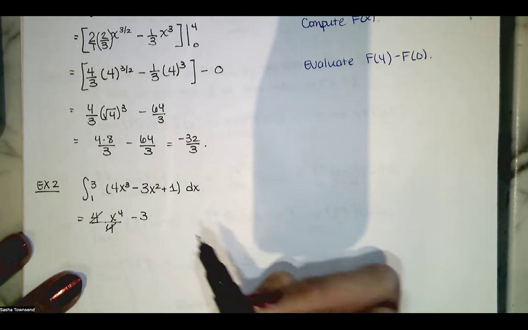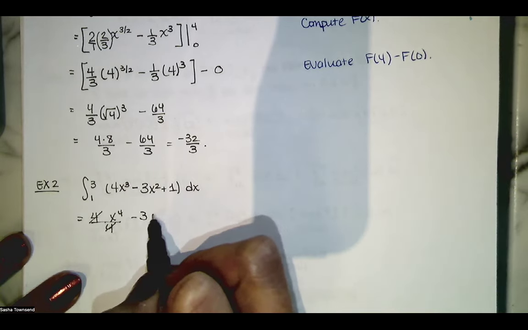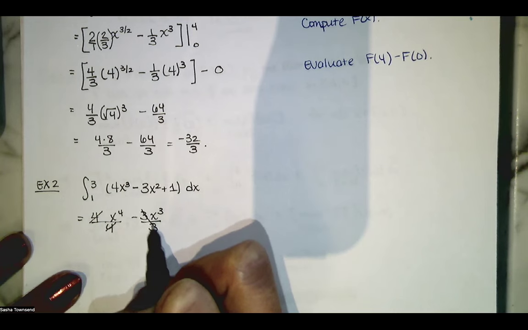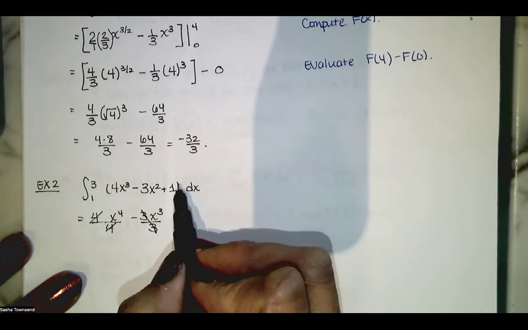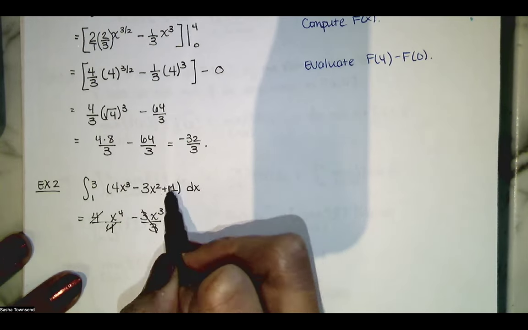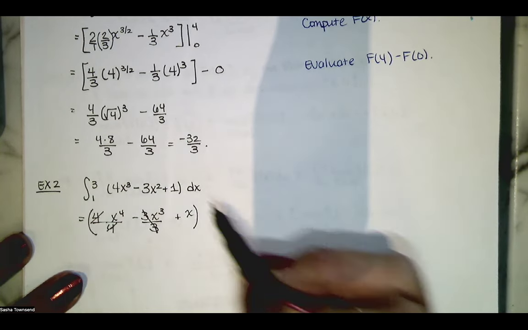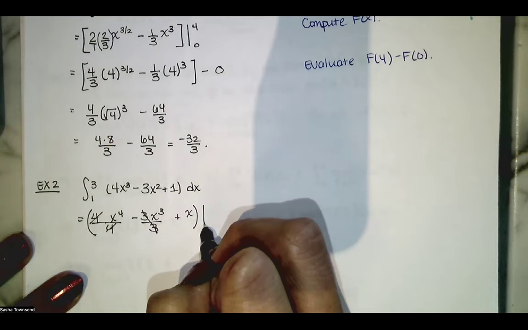Here I'll bring the negative 3 down. Then I use the power rule again, add 1 to the exponent and divide by the new exponent. The 3 is reduced there. And then the antiderivative of 1 with respect to x is just 1 times x. The antiderivative of a constant with respect to your variable is always just a constant times a variable. So that's our